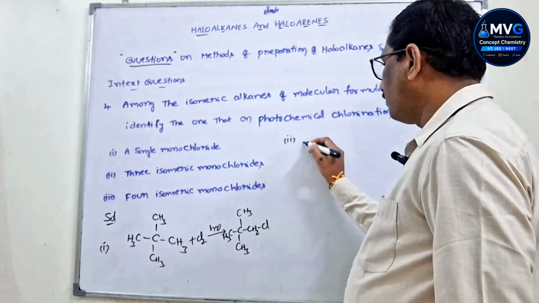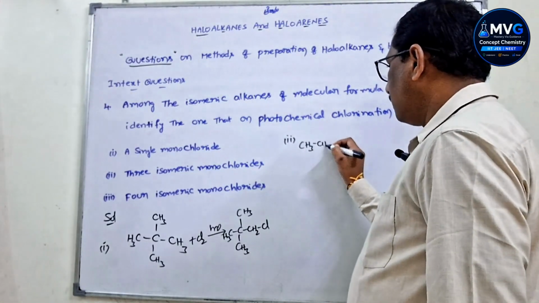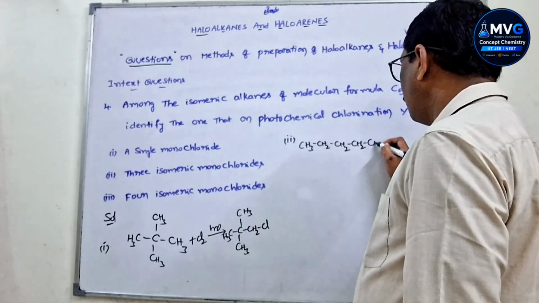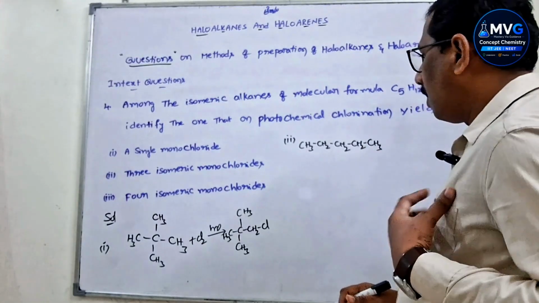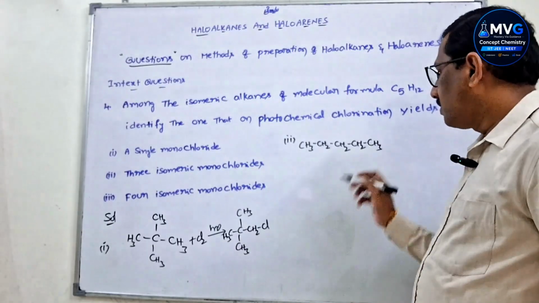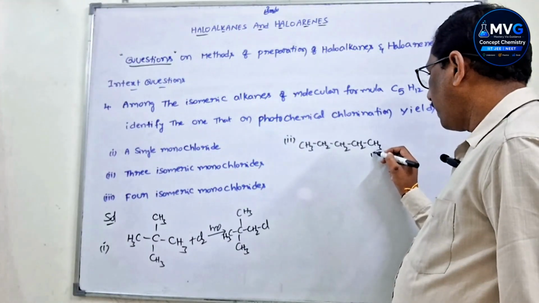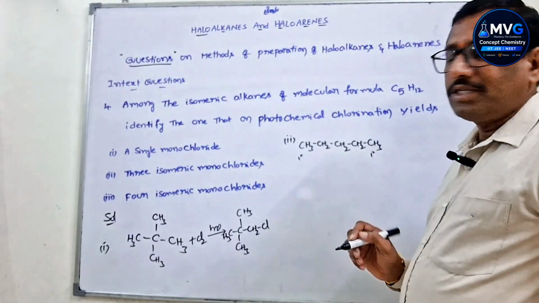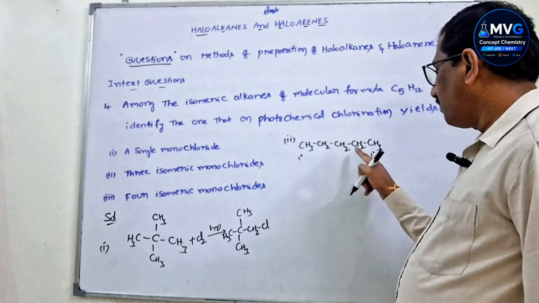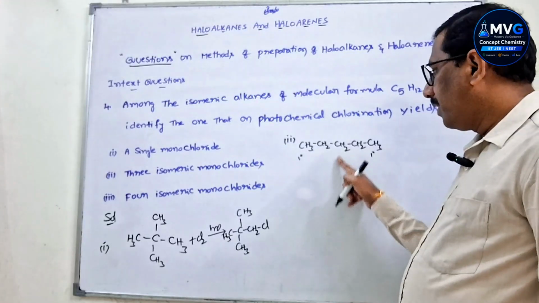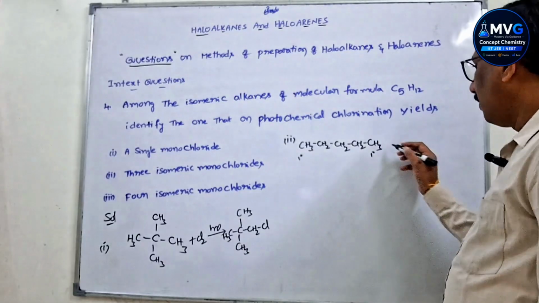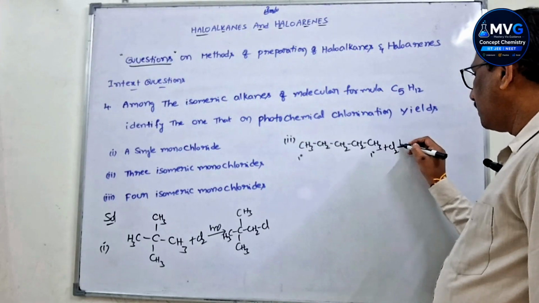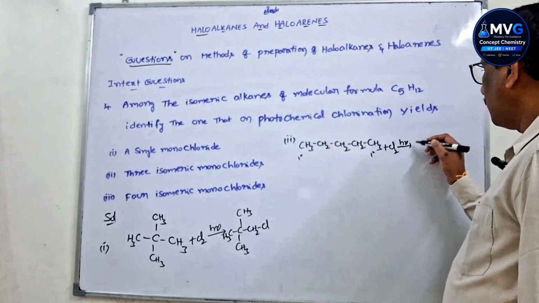Now here, students, if you observe CH3, CH2, CH2, CH2, CH3, how many different carbons are there here, students? You see, these both are the same, primary. The remaining all are secondary, students. Now equal priority: this one and this one are the same. Next, the middle one is different. Now here, students, if you add Cl2 in the presence of H nu, it will give